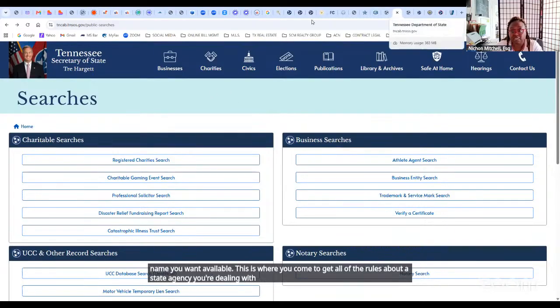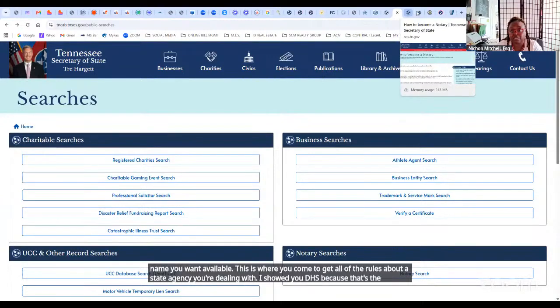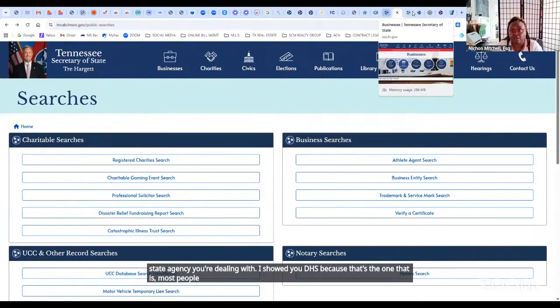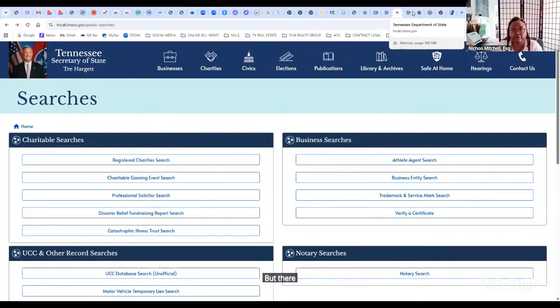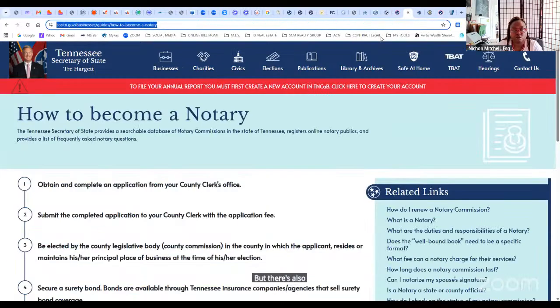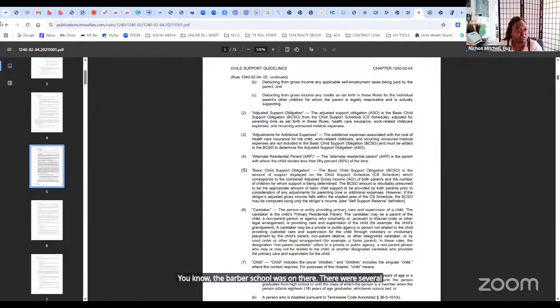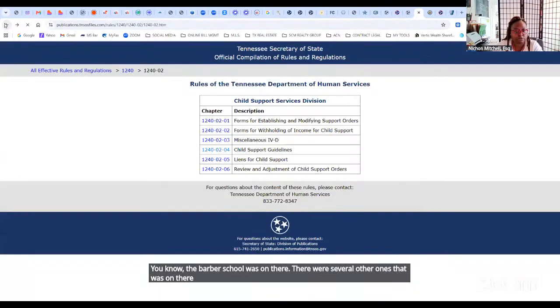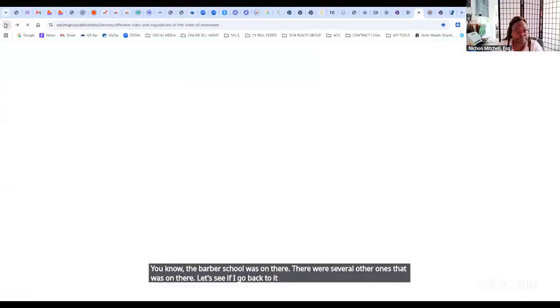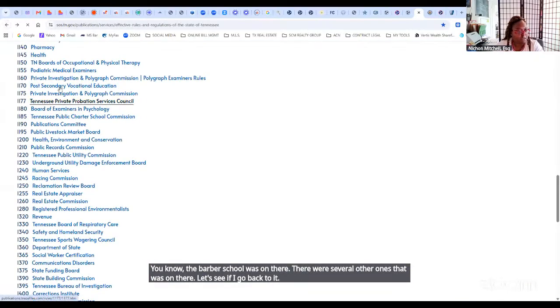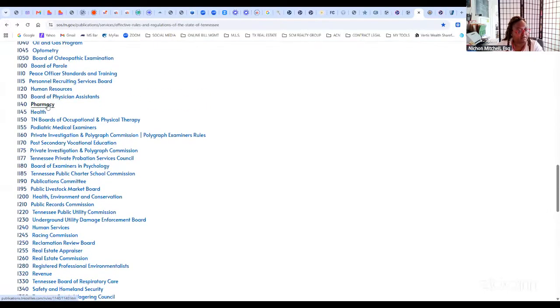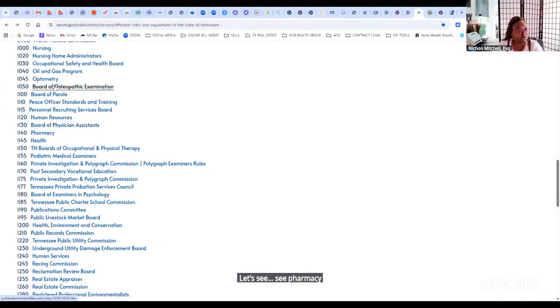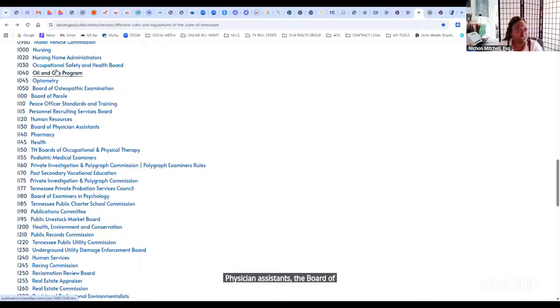I showed you DHS because that's the one that most people deal with. But there's also the barber school was on there. There were several other ones that were on there. Let's see if I can go back to it. See, pharmacy, physician assistants, the board of parole, anything that you can think of,